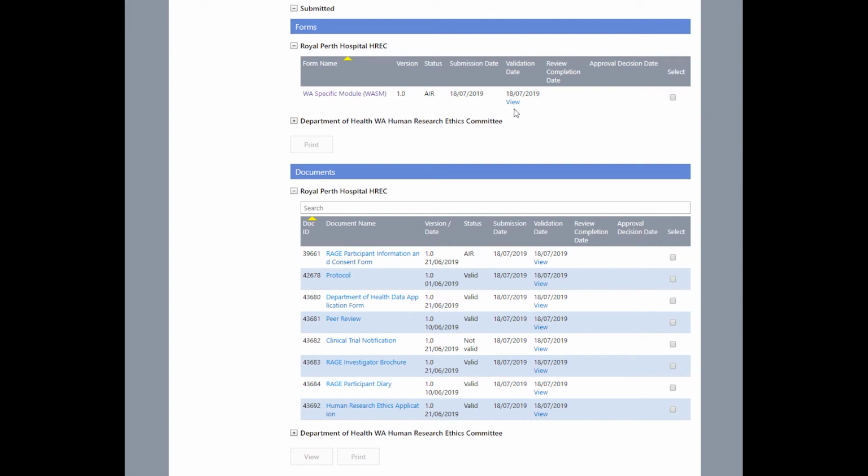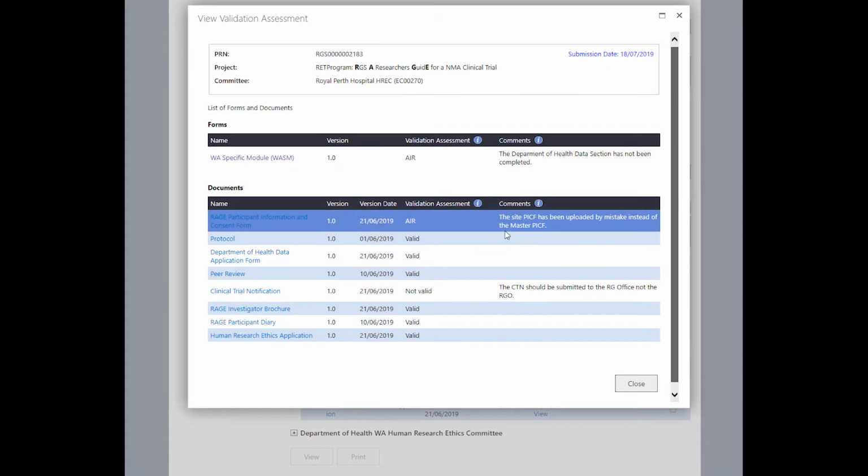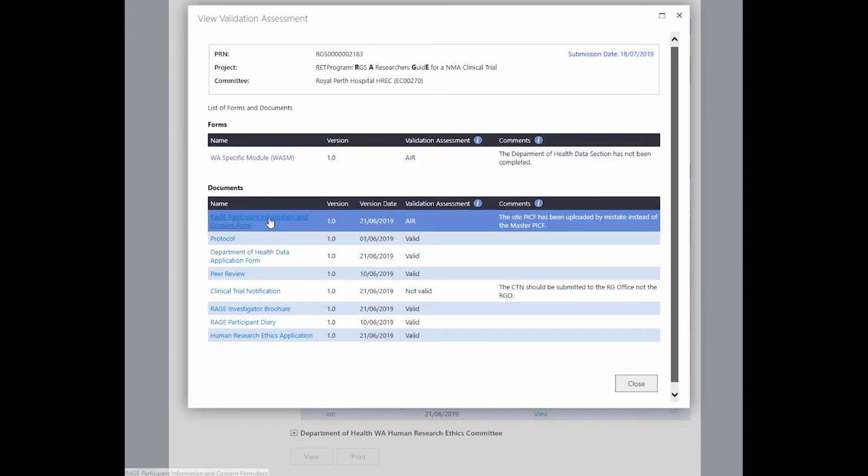In addition to the email, the validation assessment is viewable by clicking on the View hyperlink under the validation date. All project members can view a validation assessment for ethics, but only project members associated with the site can view them for governance. This screen will display the submission date, the hyperlinked form and documents, if you wish to open them, and their validation decision. If they have a status of error or not valid, a comment will be provided by the Ethics